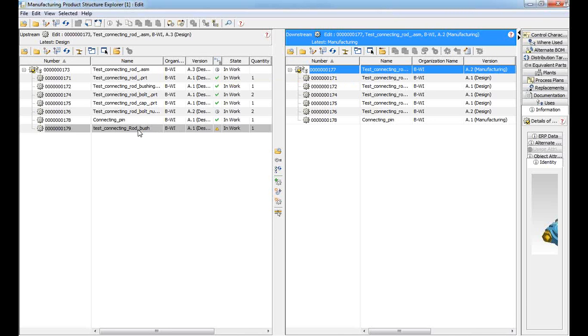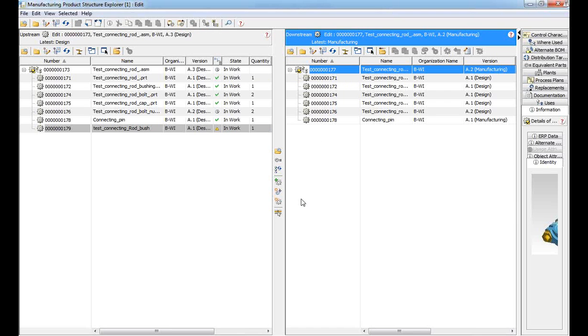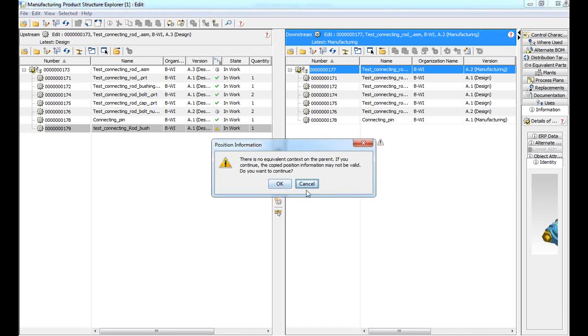To transfer the E-BOM to M-BOM, this is my left hand side, my engineering BOM. If I select here on my right hand side, you have the option to transfer the BOM: assemble as is, assemble as a new branch, and altogether a new part here. So if I select this, if I say I just want to make this as is, right? So if I select here,